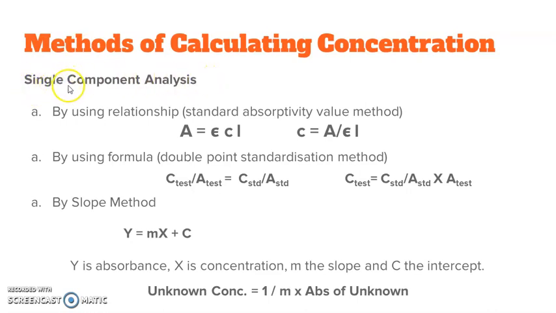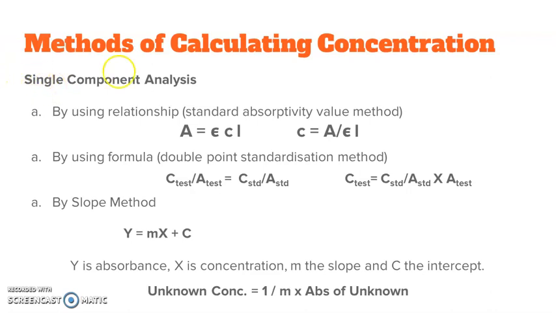Single component analysis is a case where we are dealing with only one drug in the sample, and in multi-component analysis we deal with more than one drug in a given sample, or it could be a binary mixture of drugs. So there are different ways of calculating when it is only one drug in the sample. We call it single component analysis. And there are different ways we calculate the amount of drugs present in the sample when there are several. We call it multi-component analysis. All these methods of calculating the concentration are quantitative methods of analysis.